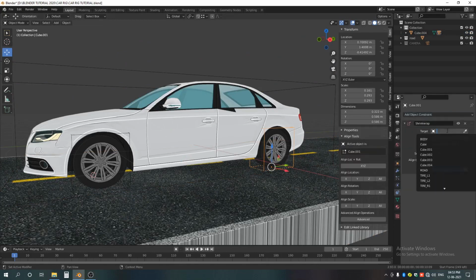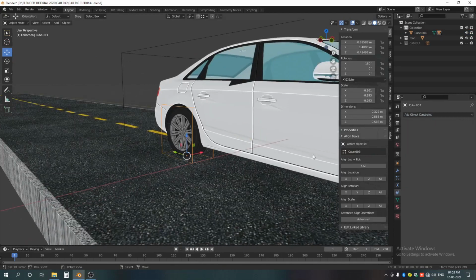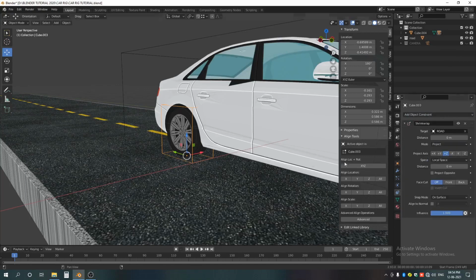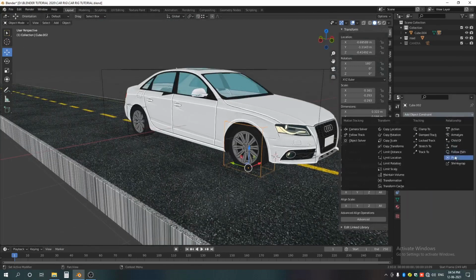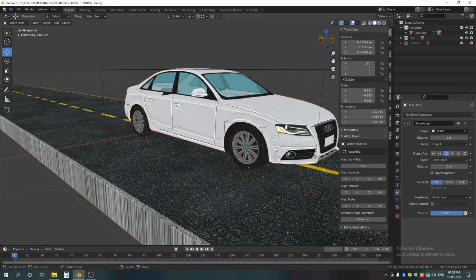Shrinkwrap, road, project. Shrinkwrap, road, project. Shrinkwrap, road, project.